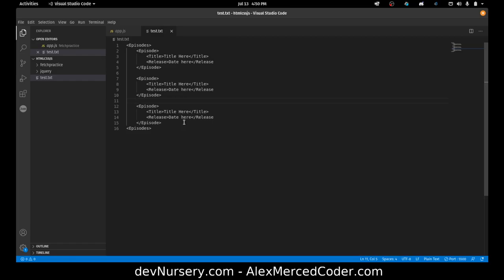Now, here's the problem. Every time you have a character, you're taking up space, and that means the information you're transporting to another computer is bigger. The problem with XML is that I had to write episodes twice. For each individual episode, it gets written twice. For title, it gets written twice. While this makes sense, and you can see how we're structuring and identifying our data, it creates a lot of extra characters,